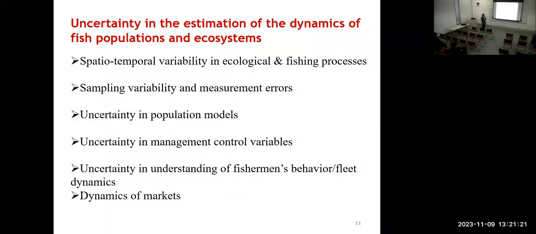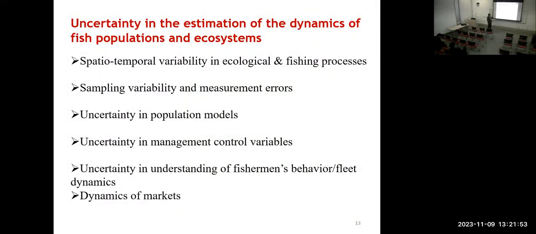The different fishing gears, different fishing vessels, and different targeted species. That comes with sampling variability and measurement errors, and the question of how you can collect data that best represents all those differences in fisheries, right? And then we have uncertainty in the population model. We all know that a model is the hypothesis that you have about how the population changes, and we don't know the true answer. So that's another uncertainty: we don't know whether the model we use truly represents how the population may change.